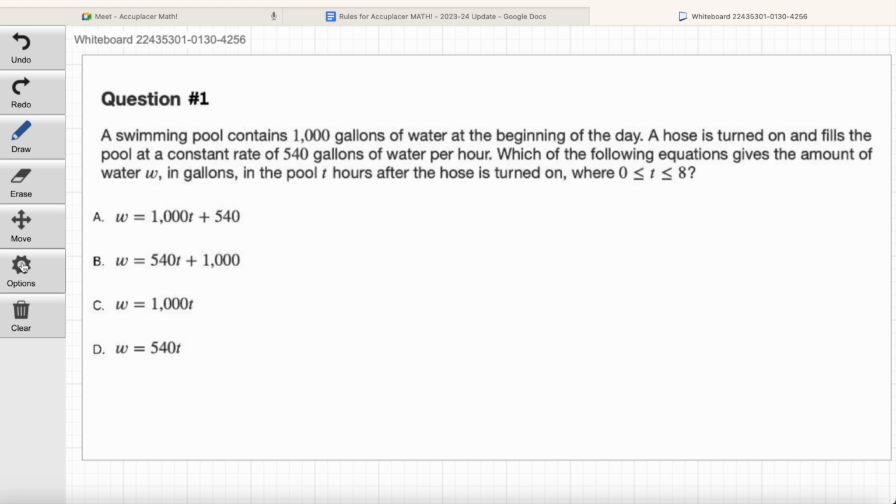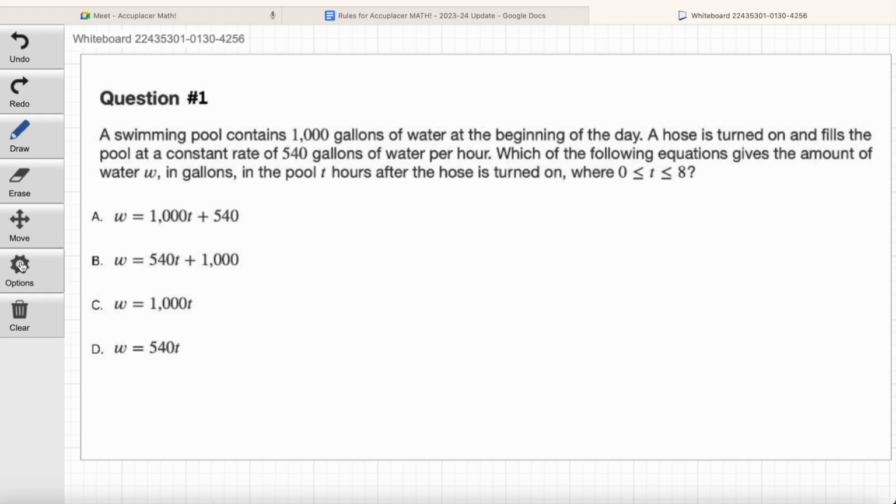This one's a little tricky. A swimming pool contains 1,000 gallons of water at the beginning of the day. A hose is turned on in the pool at a consistent rate of 540 gallons of water per hour. Which of the following equations gives the amount of water W in gallons in the pool T hours after the hose is turned on, where 0 is equal to or less than T